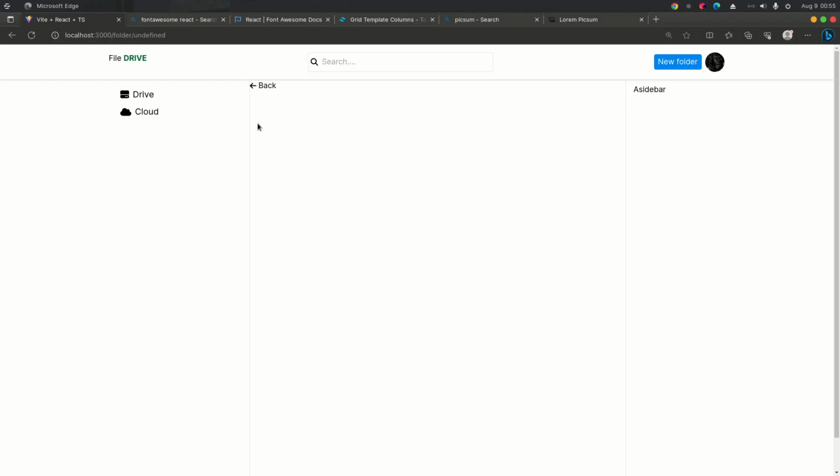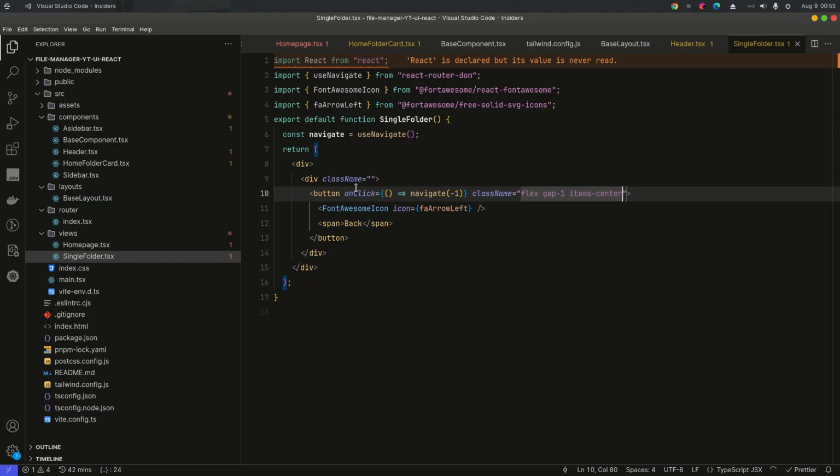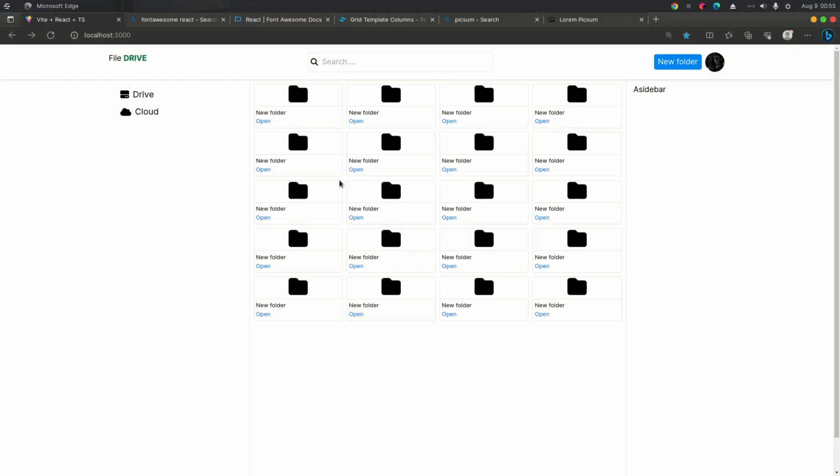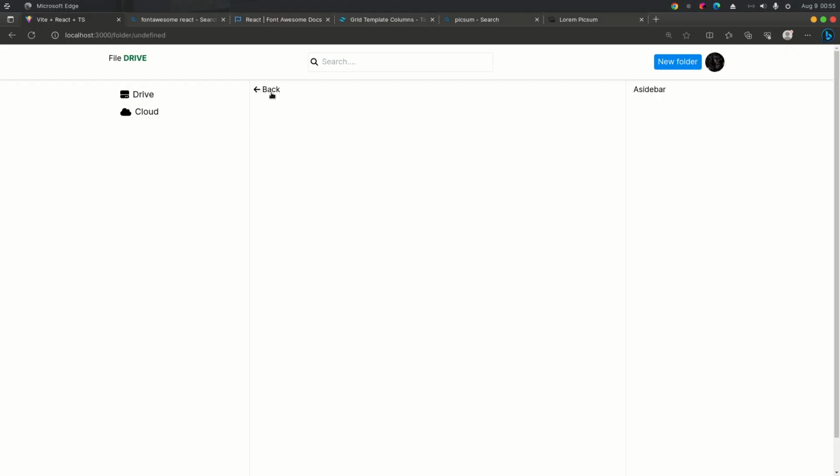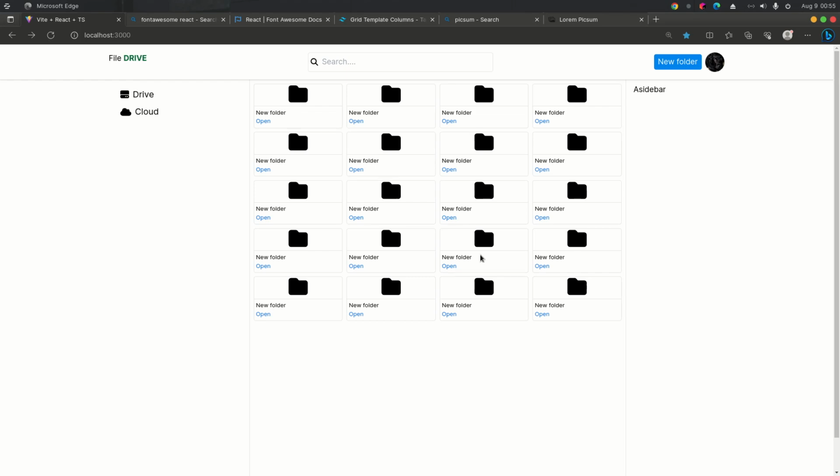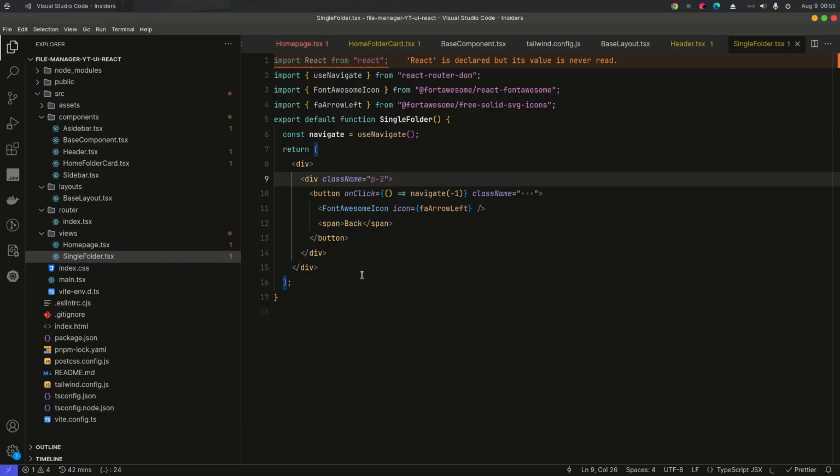Once we set everything, you can just give this a padding of 2 so that we have some little space, so we can move in and out of a given folder. So then on the extreme right,